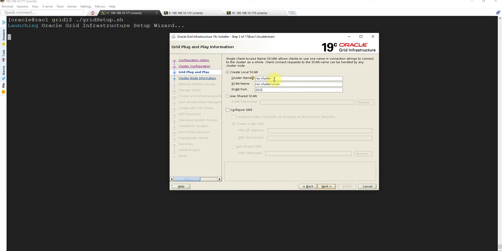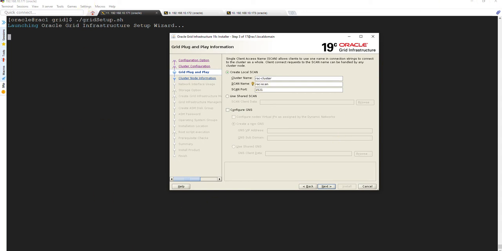Select the cluster name. The cluster name is actually completely associated with the GNS, but we are not setting up GNS, but the cluster name has to be given. So make sure to provide some unique cluster name. I will leave that to whatever it has provided. Okay, and this one, I forgot what I gave the RAC scan name as.